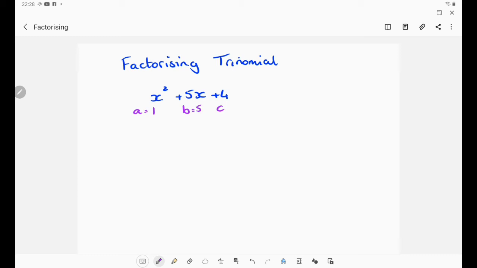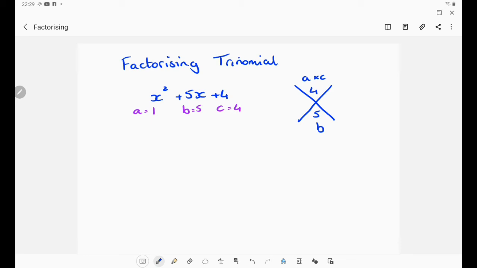B is the number in front of x, and C is whatever's hanging on at the end there. We then take A, B, and C, and we create what I call an X factor cross at the side. On the top is A times C, on the bottom is B. So A times C, 1 times 4, 4,